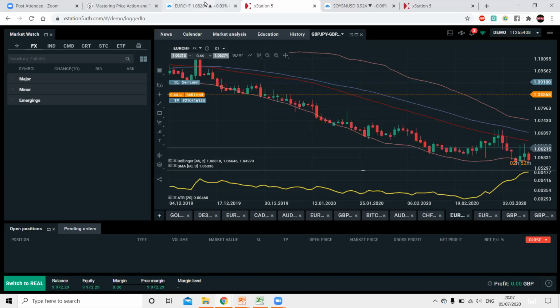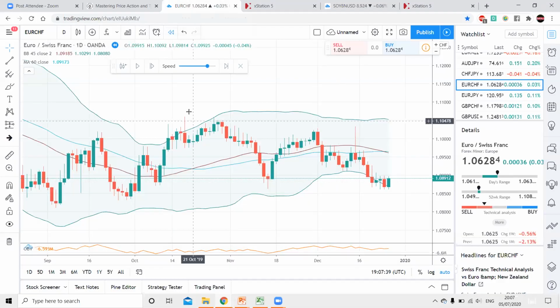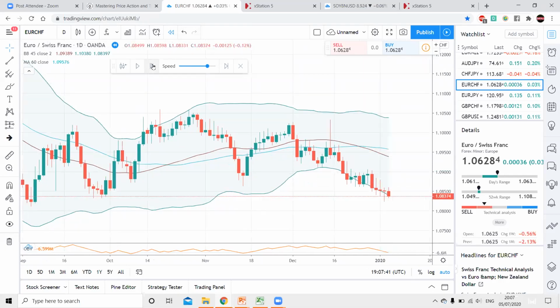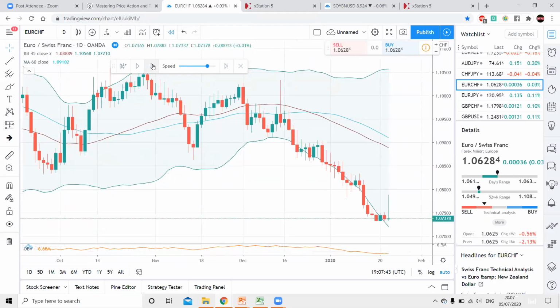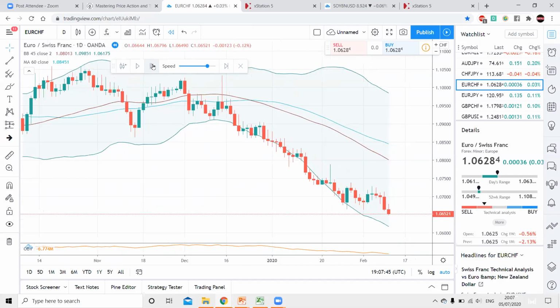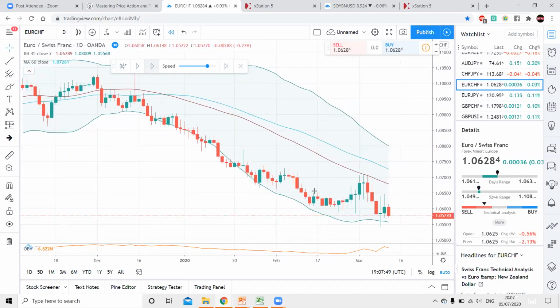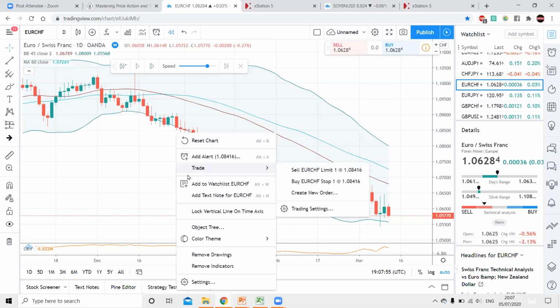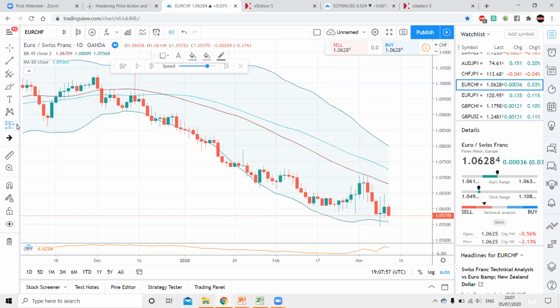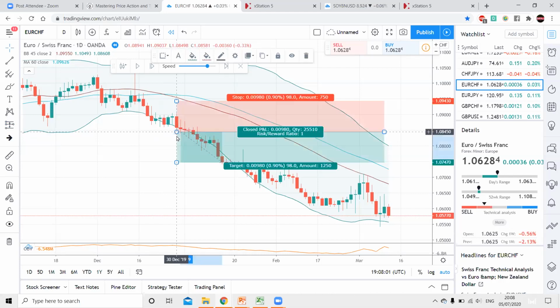And if I just show you what that risk to reward might have been, we'll go forward on here, see how it played out. So you can see it fell. This is all good profit. And then, yeah, that's where we'd get out roughly. And if I just add this short position here,